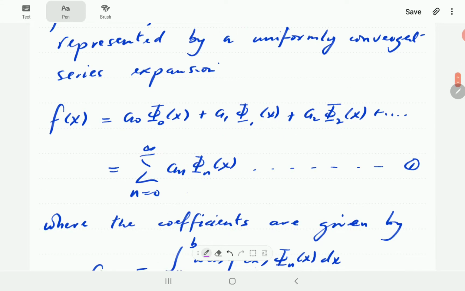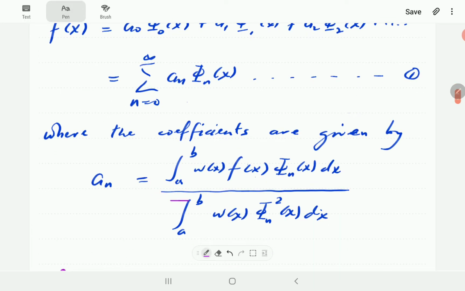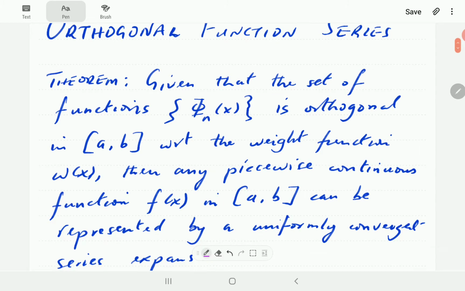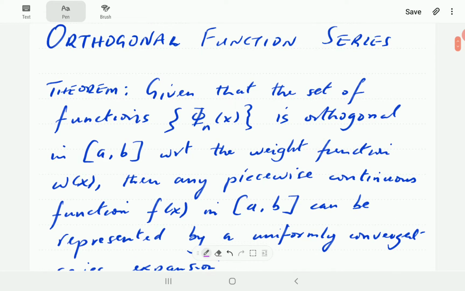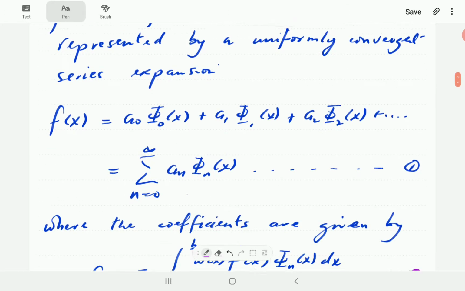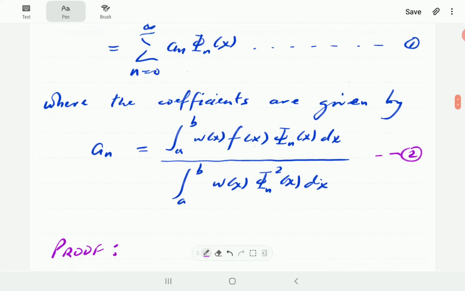The coefficients in this equation are given by this formula, let's call it number 2. In an earlier video entitled orthogonal functions, we have explained the concept of orthogonal function. You might want to check it before you continue this video if you're not up to speed with that concept. All right, so what we're going to do here is derive this equation number 2